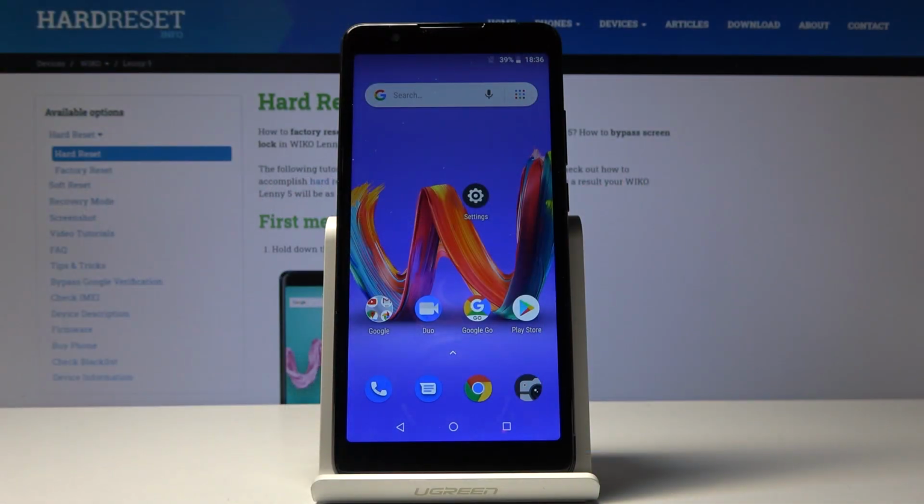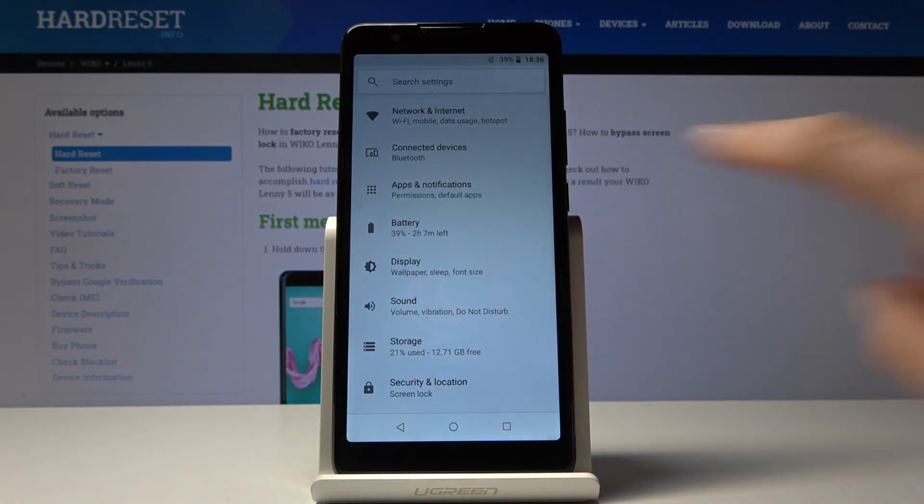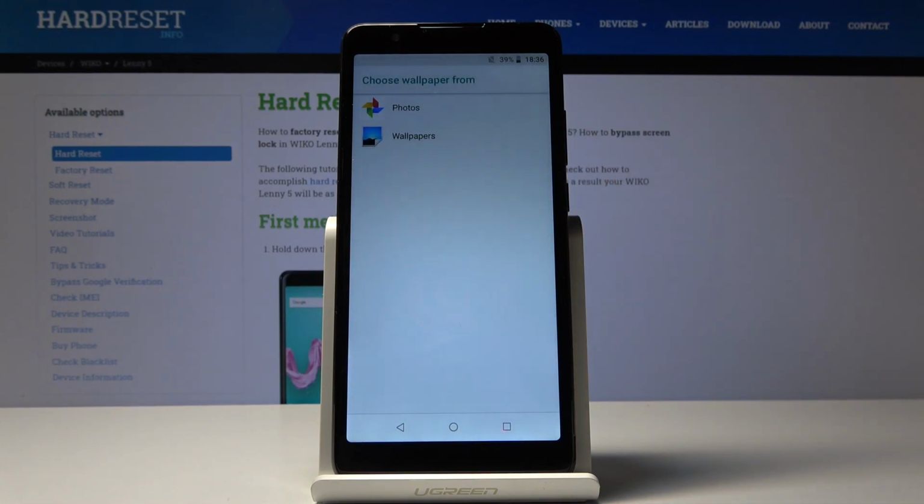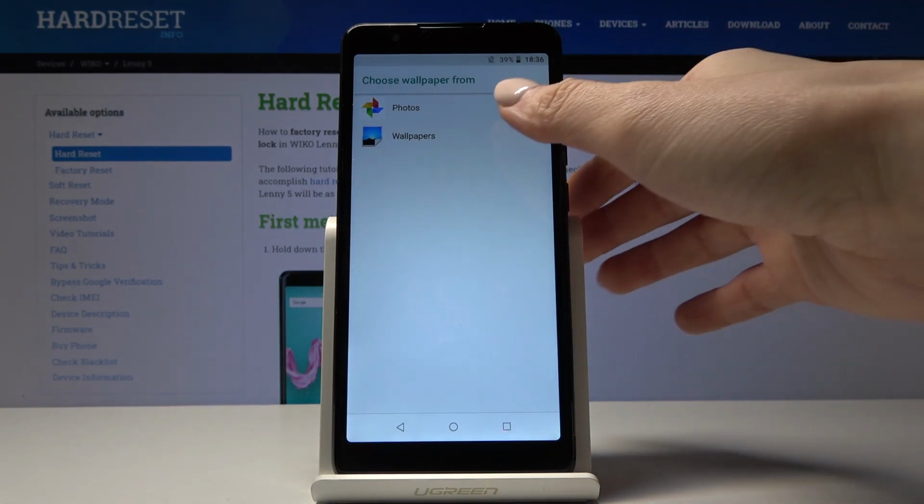Here I've got WIKO Lenny 5 and let me show you how to change wallpaper on the following device. So at first let's open the settings, then find and select display. Here just pick wallpaper, and now you have to choose the source that you would like to pick your wallpaper from. It can be something from your own photos or one from the system wallpapers, so let me choose one